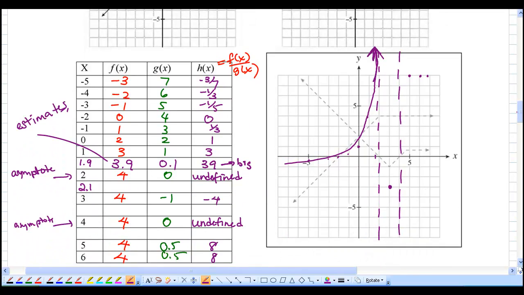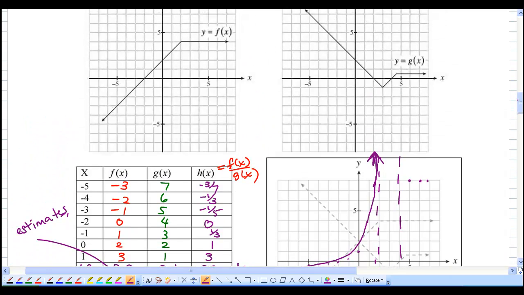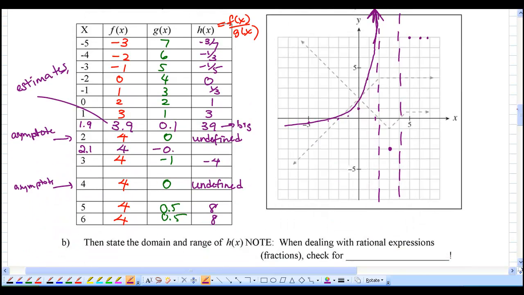We know it's 4 for sure. And then 2.1 for the g of x, that looks like it's negative, so maybe negative 0.1. And if I did that, that equals negative 40, so that's really negative, big, way down here. Okay. I'm going to ask you to do the same thing close to 4,